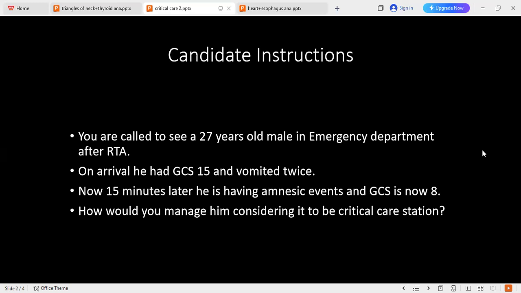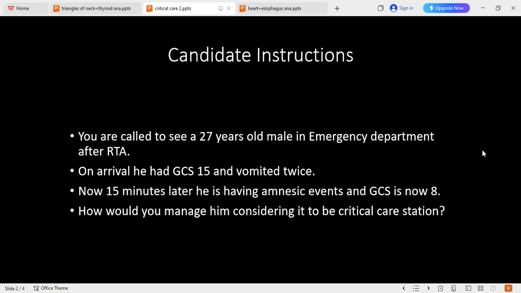Cushing reflex is bradycardia, hypertension, and irregular breathing, irregular respiration. What is included in Cushing triad? It includes the respiratory rate, blood pressure, and